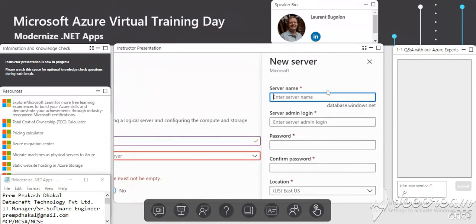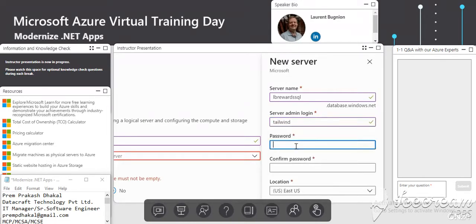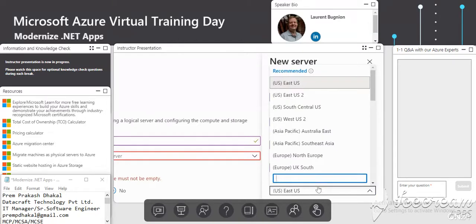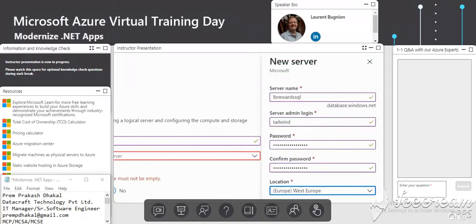And then later, remember that you could have multiple databases per server. The name needs to be unique, all right? So again, it is validated as you type. I'm going to add my initials in front. And then I'm going to enter a SQL Server admin login with username and password, all right? And eventually, I'm going to select the region for the server because, again, you have a choice here, and I'm